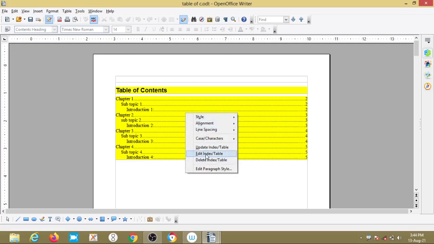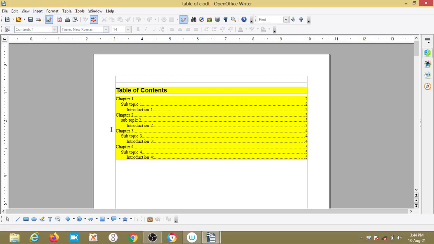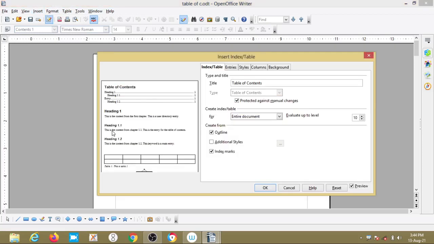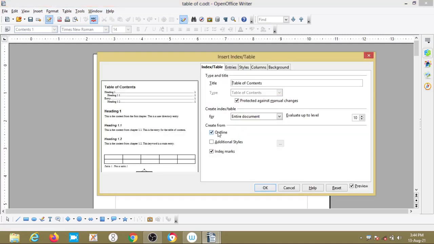Table of edit index. So here I am avoiding going to the menu bar every time, selecting insert, and going to index and tables, and the index and tables dialog box will come, right. So avoiding those process steps, I am directly right clicking on this edit index table, it will come. So here entries, what will it do,